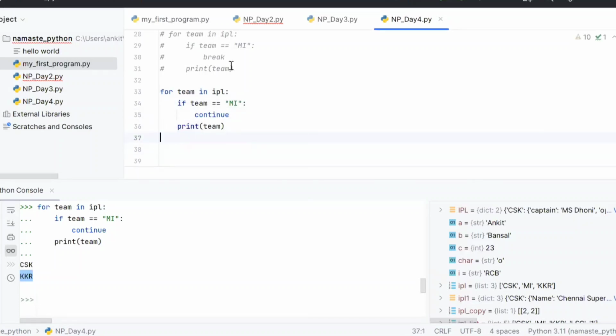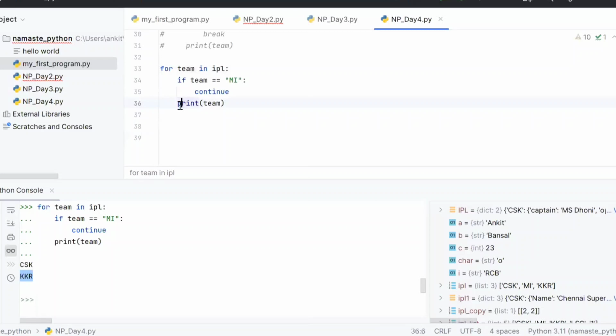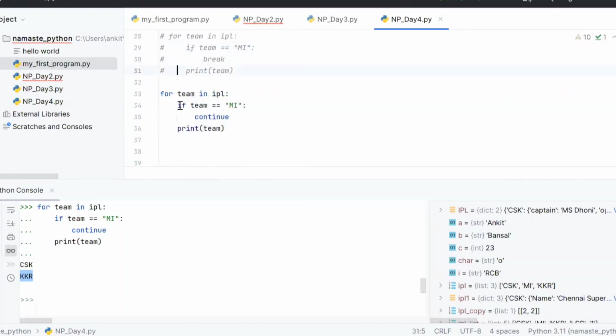Similarly, if I'm writing a statement, again from if there is an indentation, so this is within if. The moment I come out of the indentation, it is outside if, but from the for loop, it is inside for, right? It will come with practice and we can discuss more later. So if print is directly below this for, it means that it is out of the for loop, right? And if it is just below the if statement, then it's under the for loop, but outside of if. Right, exactly. Now you are getting it.